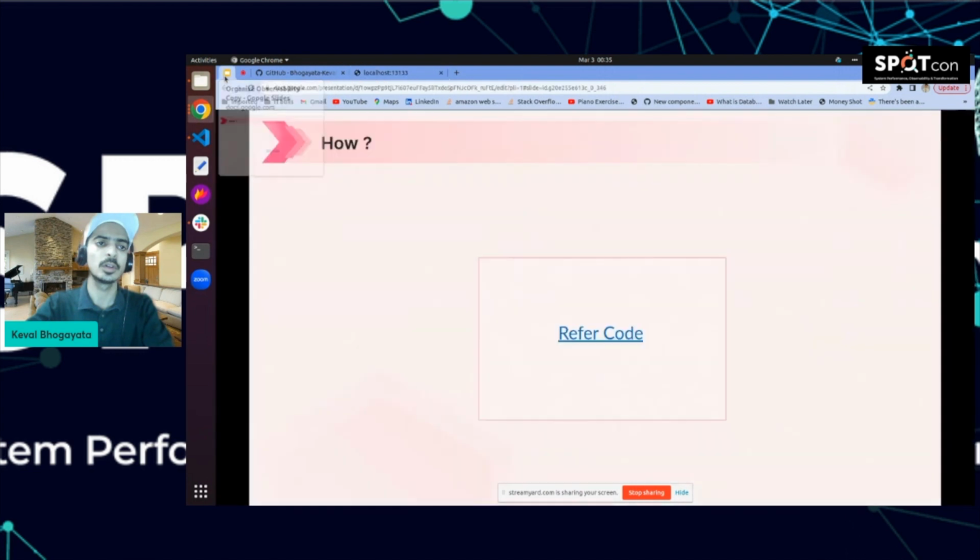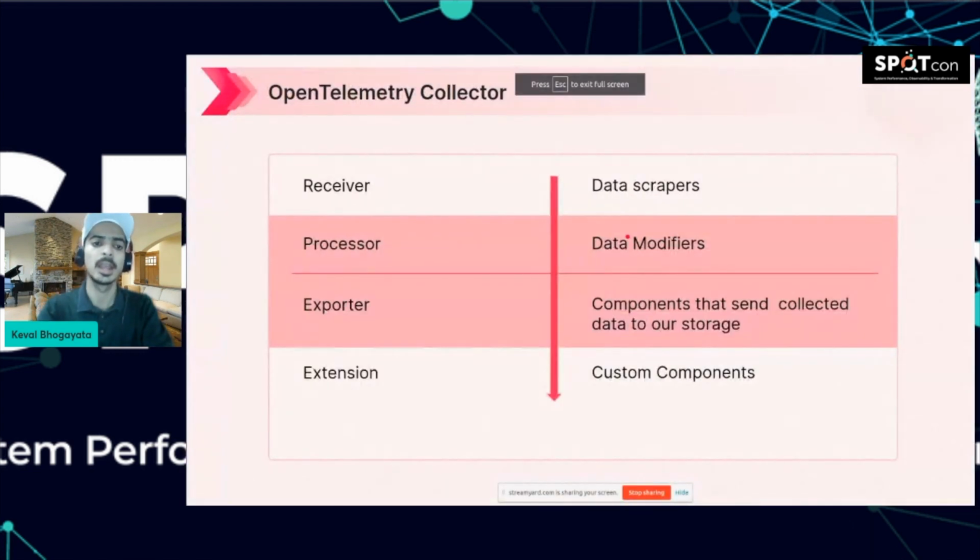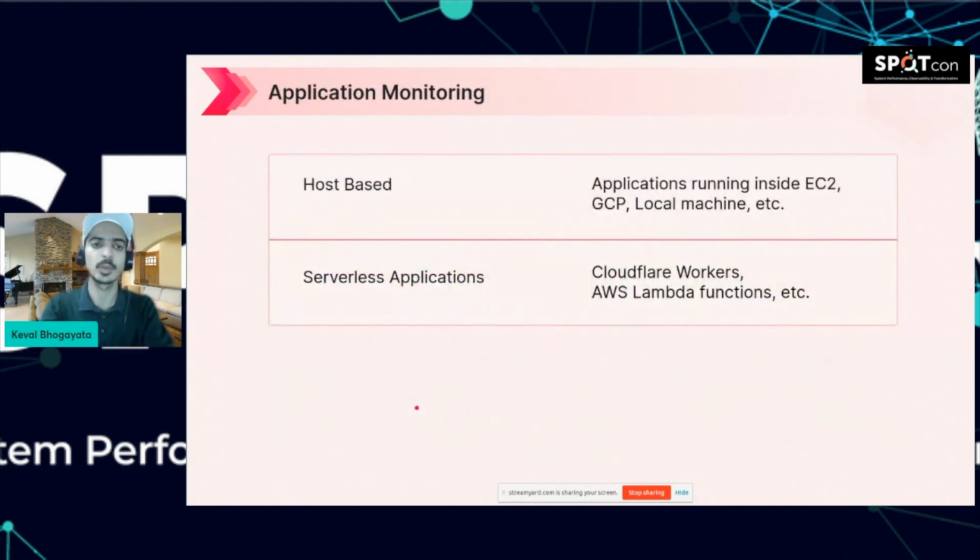So this was all that I wanted to talk about for the infrastructure monitoring part, and all the components. As we saw in the demo, the receivers are the data scrapers, the processor is the data modifier, and the exporters help you send the data to your data storage. And if you want to add some custom logic, then you have the extension. So this was all about infrastructure monitoring, and now I want to take your focus to application